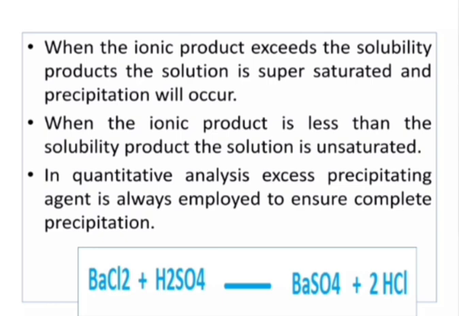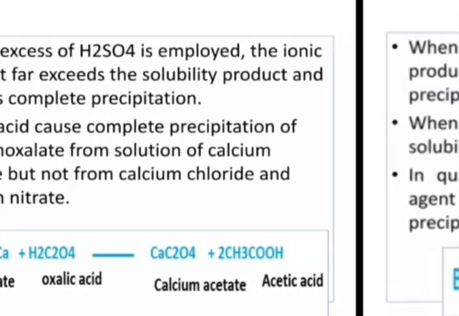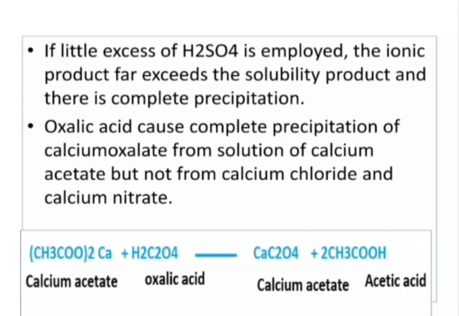In quantitative analysis, excess precipitating agent is always employed to ensure complete precipitation. The reaction is barium chloride in the presence of sulfuric acid giving barium sulfate and hydrochloric acid. If a less amount of sulfuric acid is employed, the ionic product does not sufficiently exceed the solubility product and there is no complete precipitation. Oxalic acid causes complete precipitation of calcium oxalate from a solution of calcium acetate but not from calcium chloride